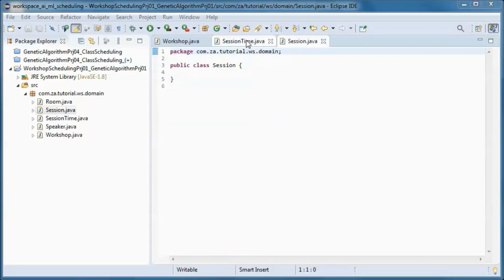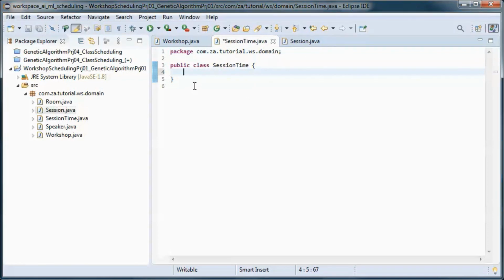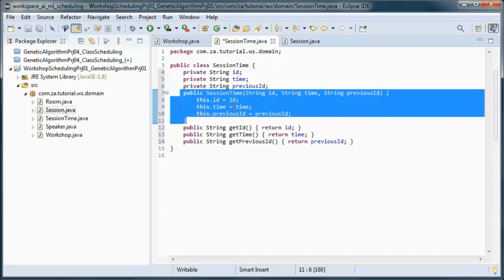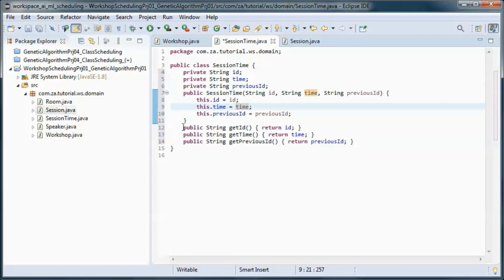Now a session time will have an ID and a time and a previous ID, and this will be used to check if a specific speaker has two consecutive sessions scheduled, and we will initialize all three of those in the constructor, and we'll have get methods for all.